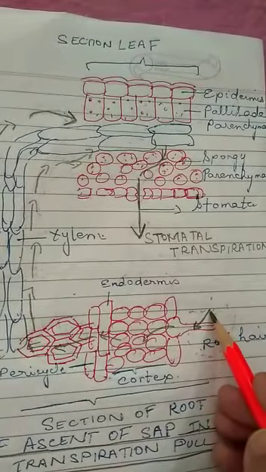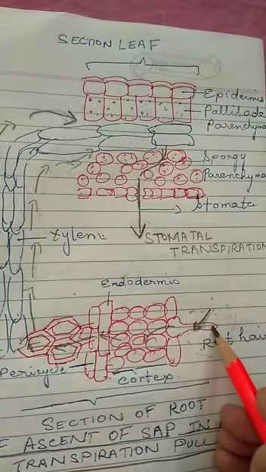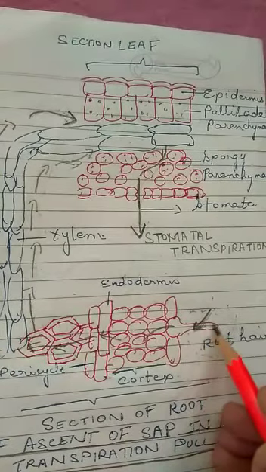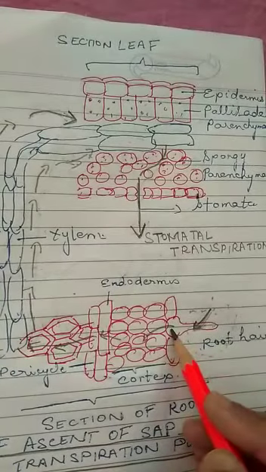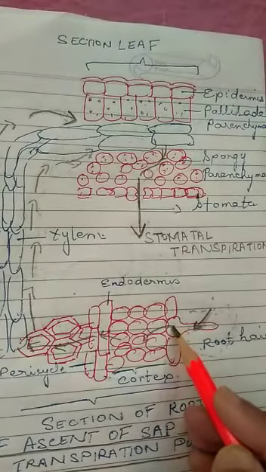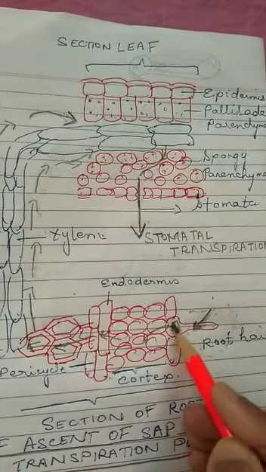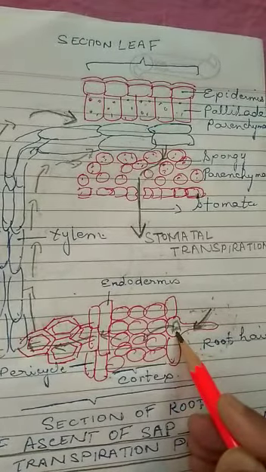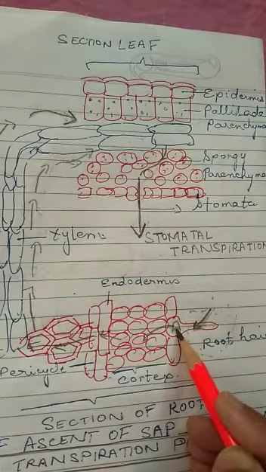one mechanism is here that these ions are being actively absorbed by the root hair. And when these ions are actively absorbed by the root hair, what happens to the concentration in the root hair? Suppose this is A, the concentration of the solute over here is going to increase. Naturally, if the concentration over here is going to increase, this will lead into what?